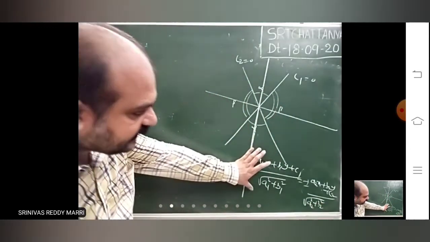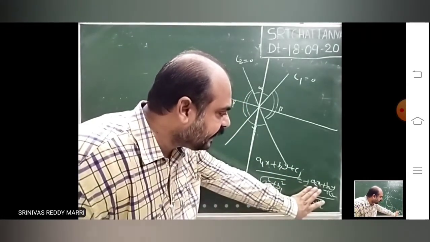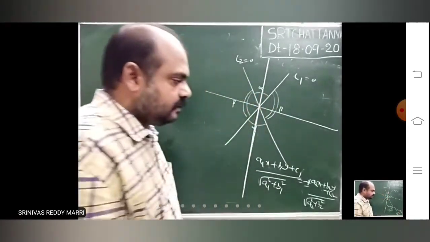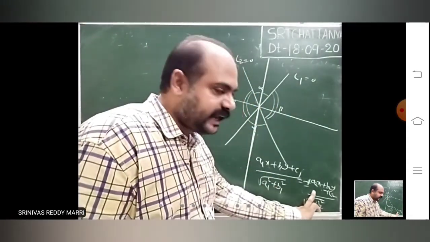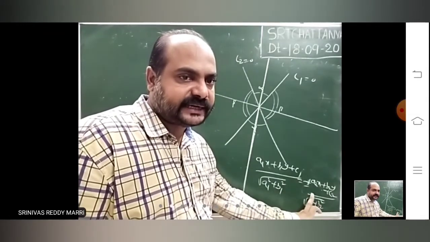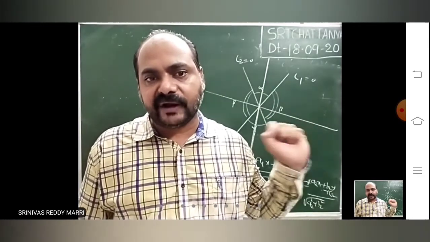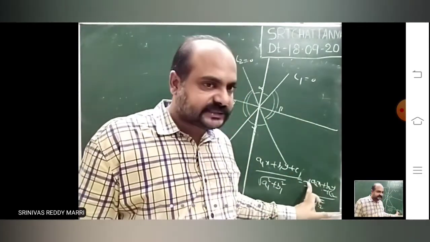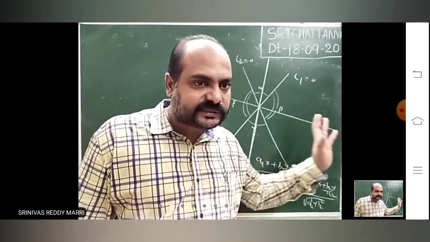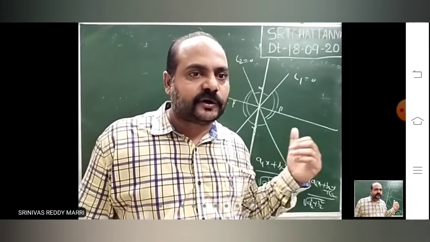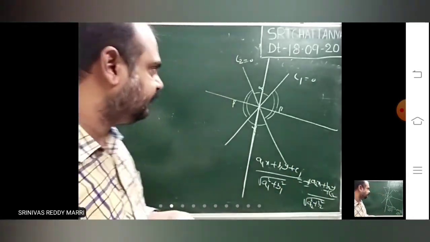Their equations are like this. So in these two, one will be acute angle bisector and another will be obtuse angle bisector. Okay. Which one is acute angle bisector and which one is obtuse angle bisector, that we have to decide. If you take plus, whether you will get acute angle bisector or obtuse angle bisector. If you take minus, whether you will get acute angle bisector or obtuse angle bisector, how to decide is, look at.